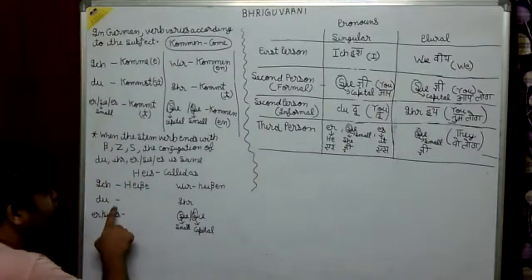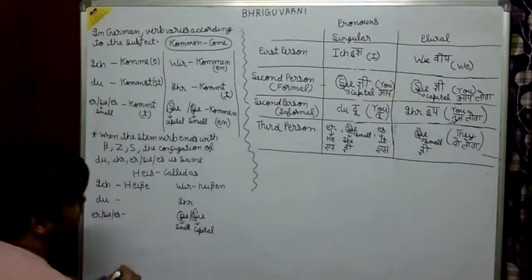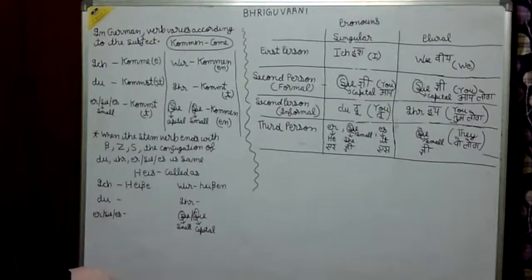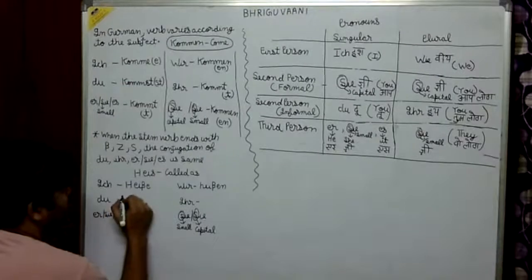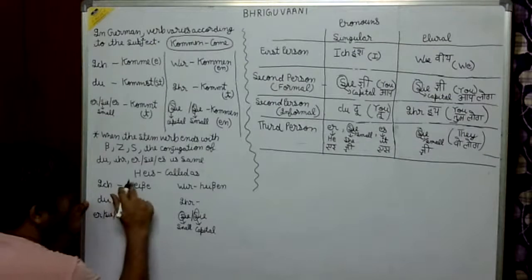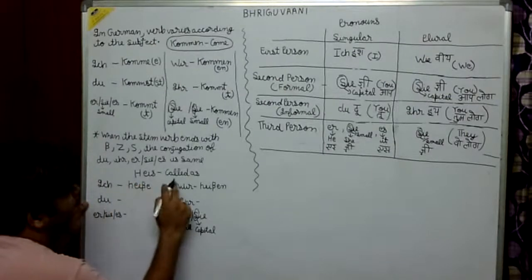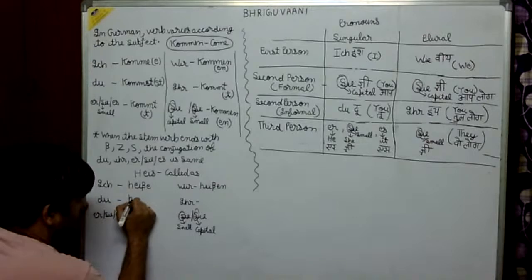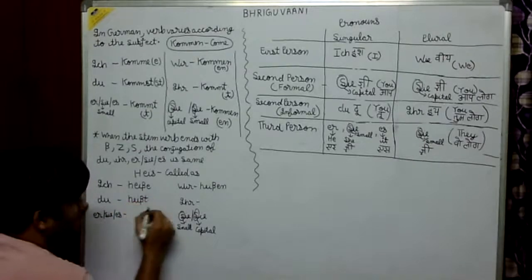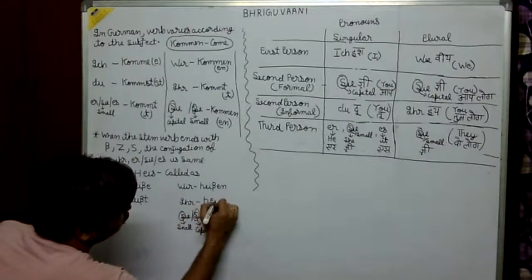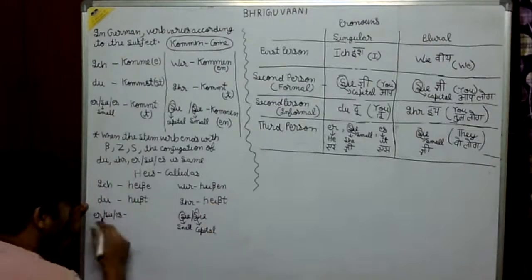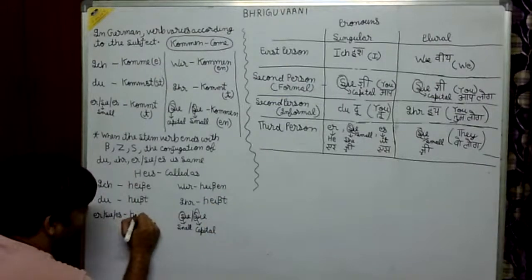Now for du, er, and this one, we are going to use "ihr"... again for er also we will be using "ist". And again for es we will again use "ist".